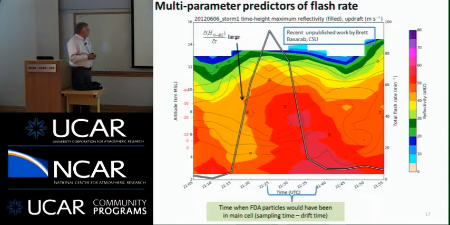The other part I thought was interesting is if you take the time that we observed those aggregates in the anvil, and we drift them back to the time they would have been formed, you come up with a time period about like this. So about the time that the particles we observed in the anvil were formed correlates with the peak in the flash rate there. So if you're looking for support for this electrical aggregation hypothesis, this is at least one measure of that.